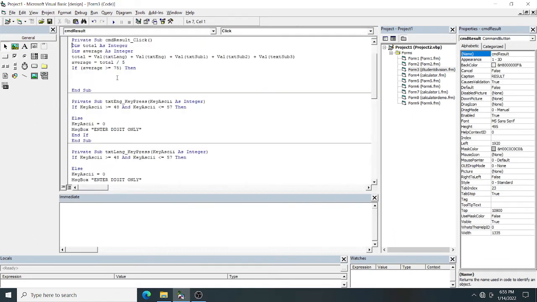So if this condition, average is greater than or equal to 75, then LBL grade dot caption equal to distinction.